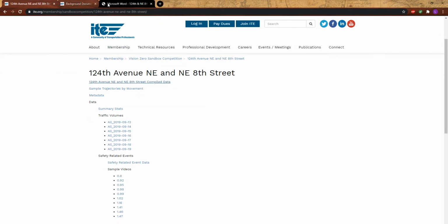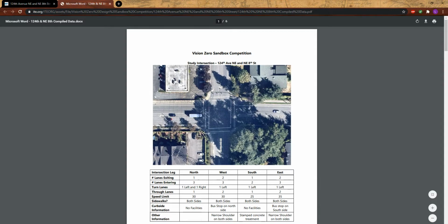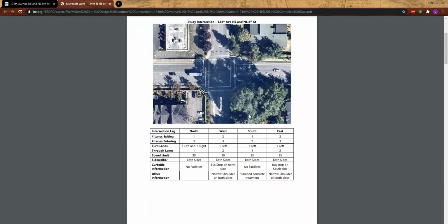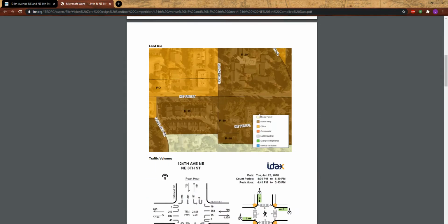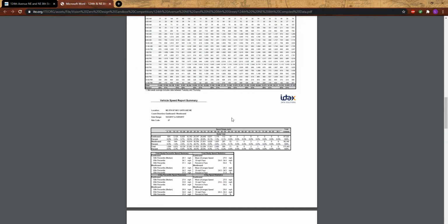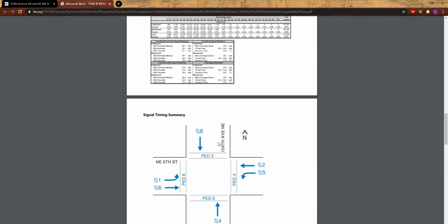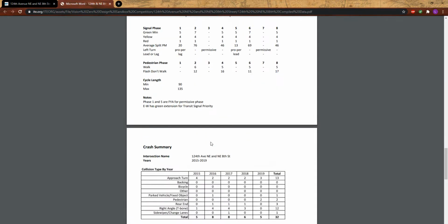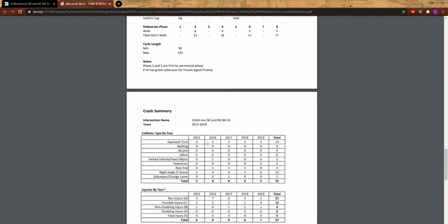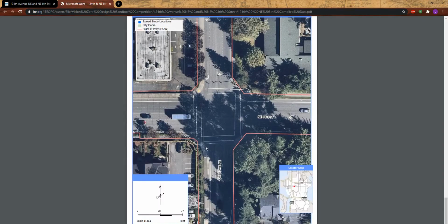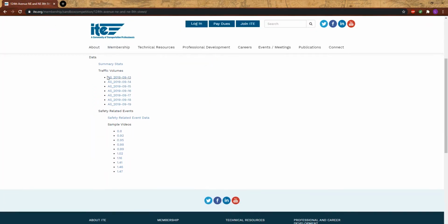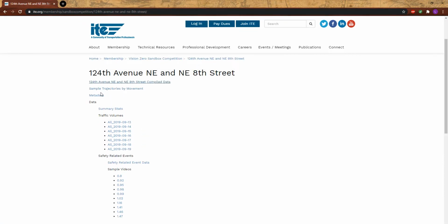If I go into the first document, this is data provided by the City of Bellevue. So over here you have some basic geometry data, land use, manual counts as well as speeds. You also have the signal data information as well as crash summary statistics for the past 4 years, and you can delve into this. If we go back to the page, the remainder of these items are provided by Transoft